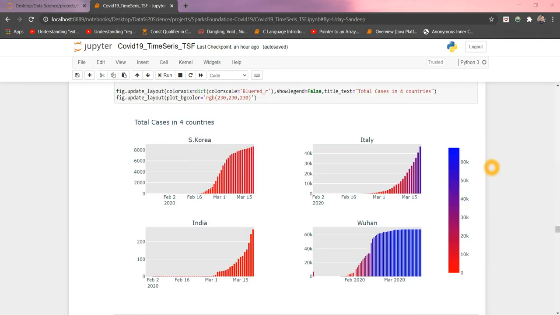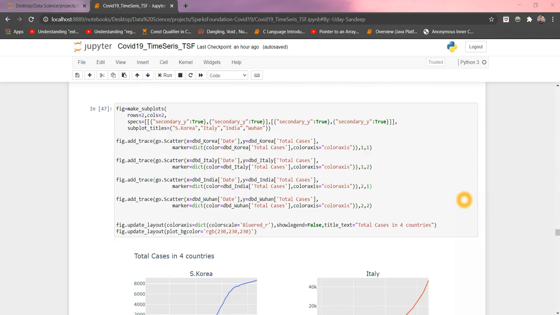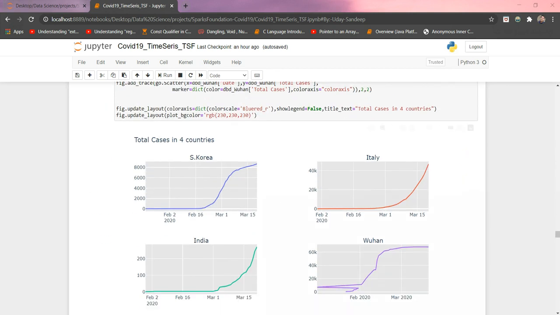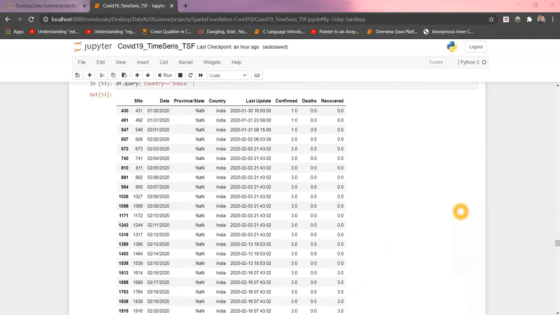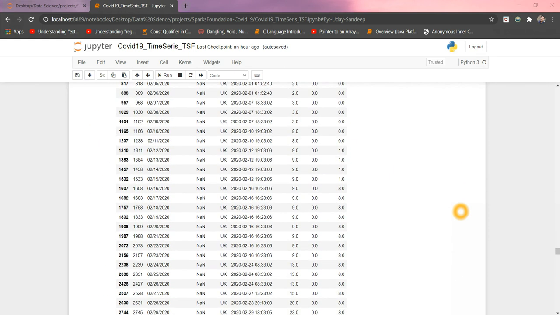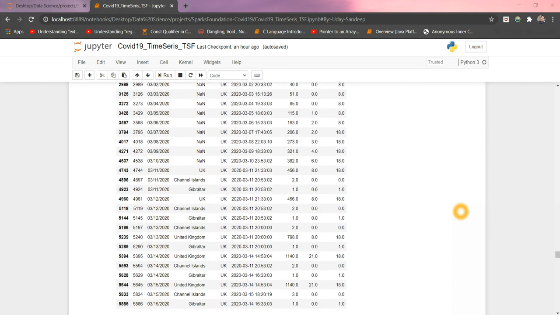And by this graph we can visualize the total cases rising in 4 different countries using a Plotly graph. This is a wholesome graph with 4 different countries, and going forward we can plot these in a line plot so that we can hover our mouse and see how the total number of cases is rising in a particular country.